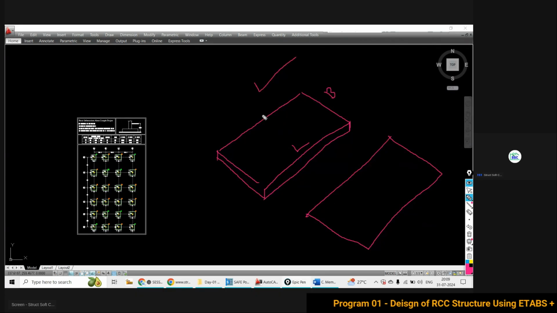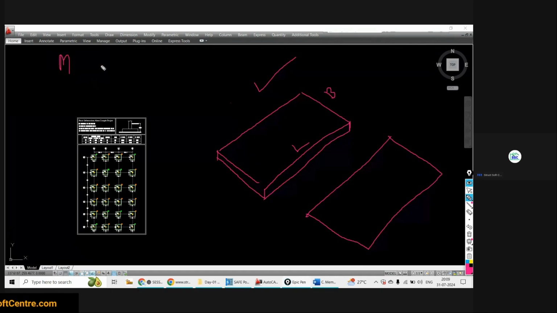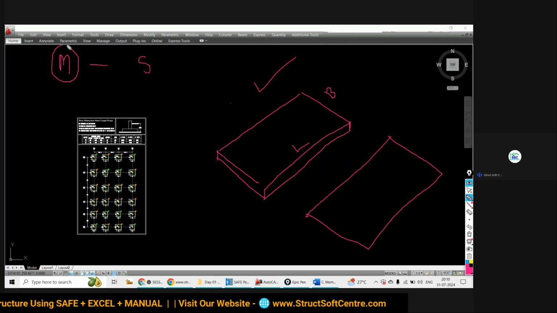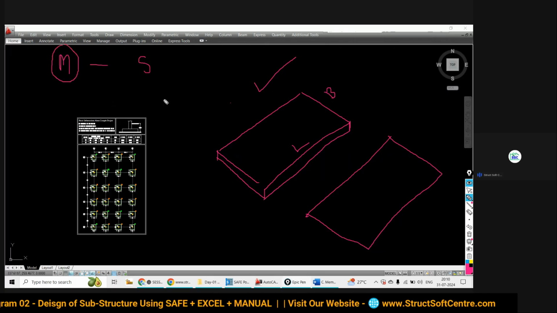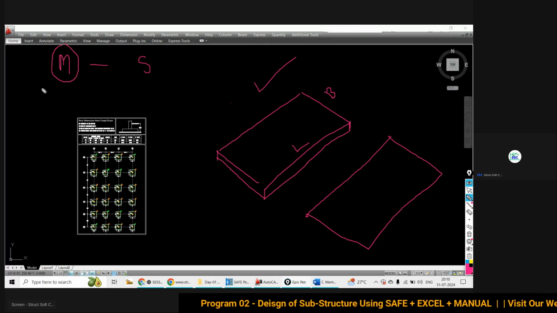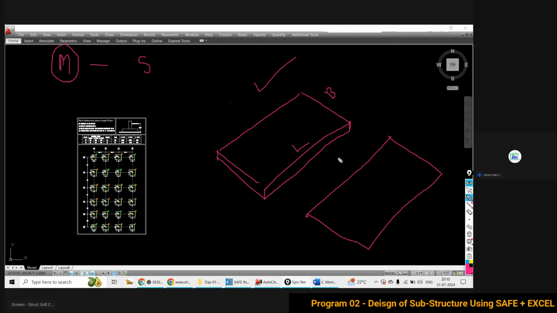First thing. Now two things are there: one is to consider the membrane and another is to consider the shell element. In case of the membrane element, we are not going to consider the stiffness in the out of plane direction.